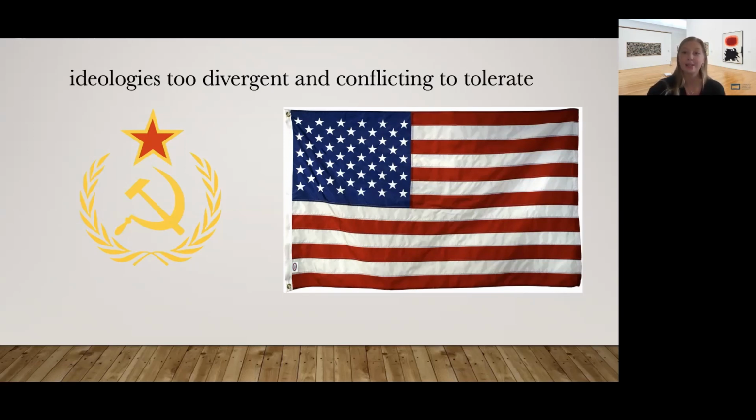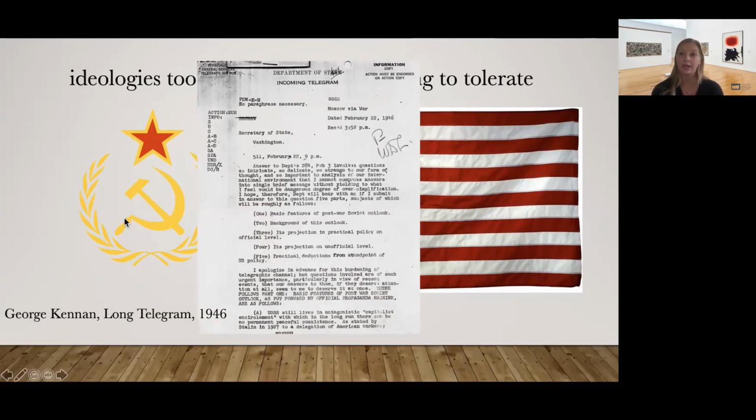In 1946, just a month before Winston Churchill gave his famous Iron Curtain speech, George Kennan, an important American diplomat in Moscow, sent a letter to the US State Department warning of the potential dangers of this very ideological clash. Kennan's experience in the Soviet Union had led him to the conclusion that the Kremlin's designs were inherently aggressive, that they were, quote, impervious to the logic of reason,